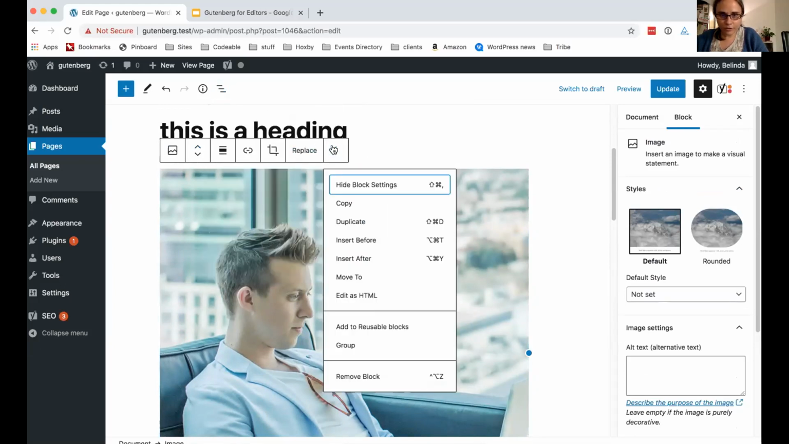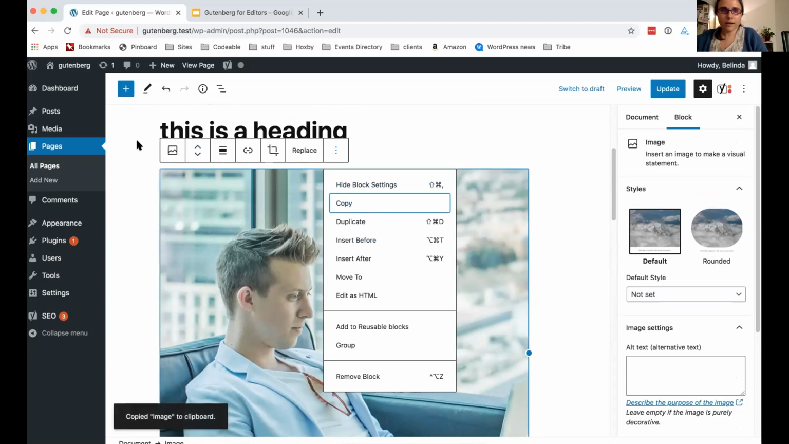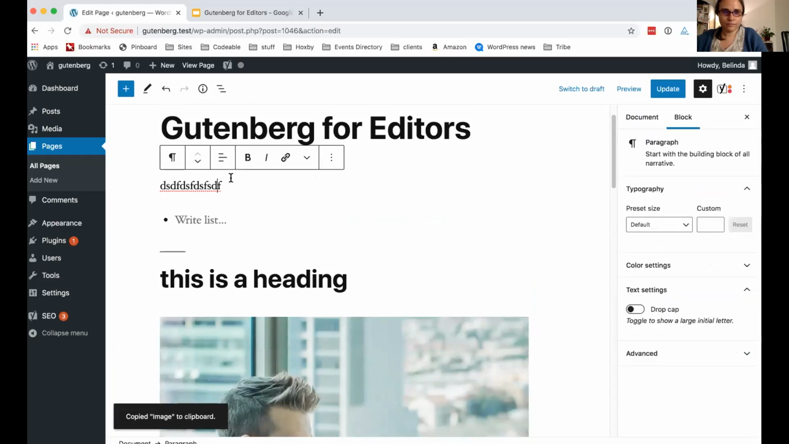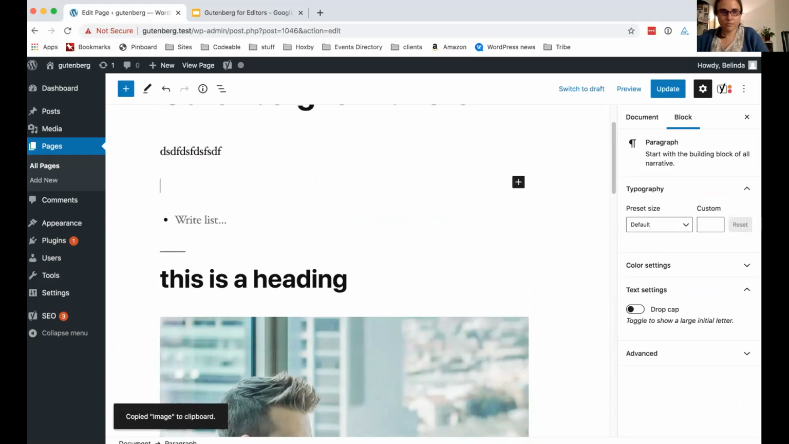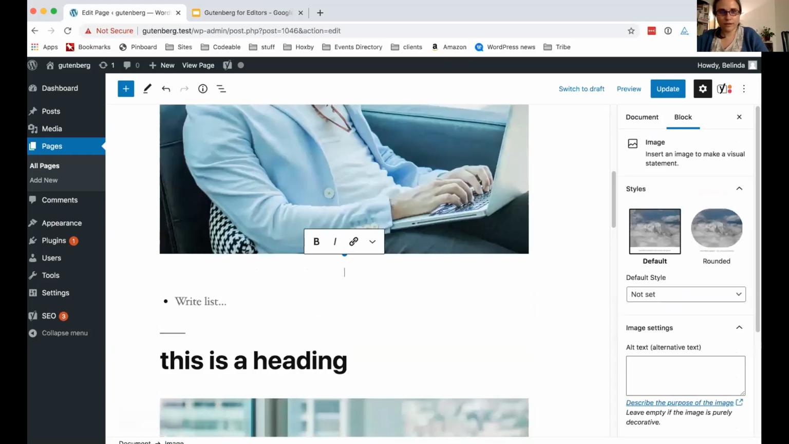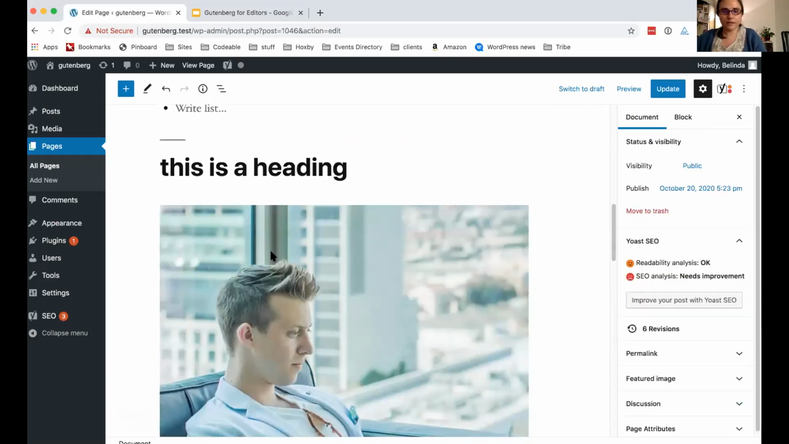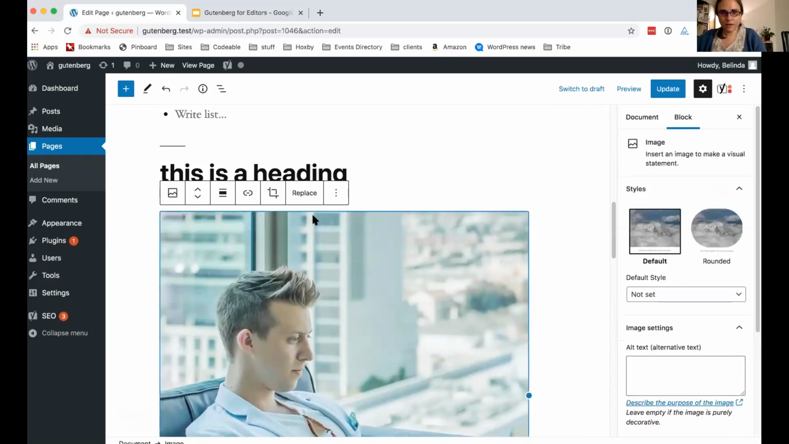Oh, hang on, I can do copy. And then I can paste it somewhere else. Is that not working? Oh yeah, there you go. So I pasted that, and then you can delete this, or